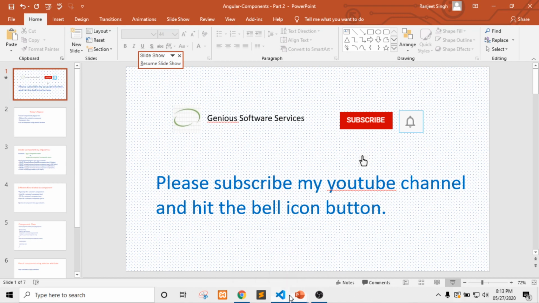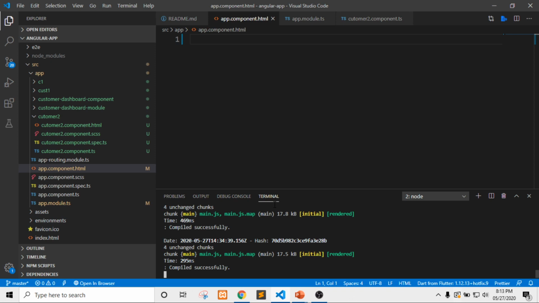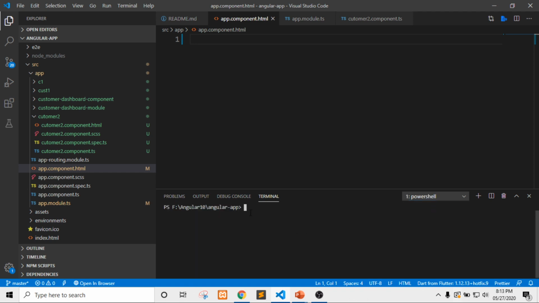So I am here using Visual Studio Code. Here I will create the customer component by the command ng g c. I will keep the name of the component as customer.